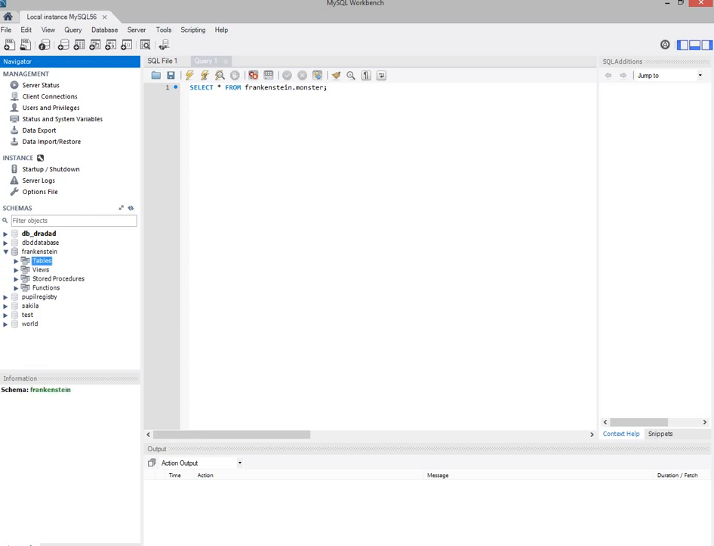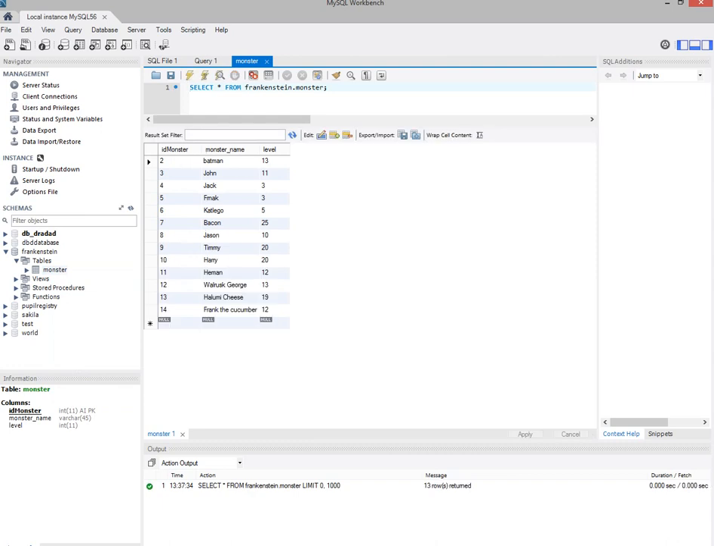I'm going to go through the database example of Frankenstein, just the random one with a monster table, and inside the monster table you'll see there a whole bunch of monsters that we've created. When you take a look